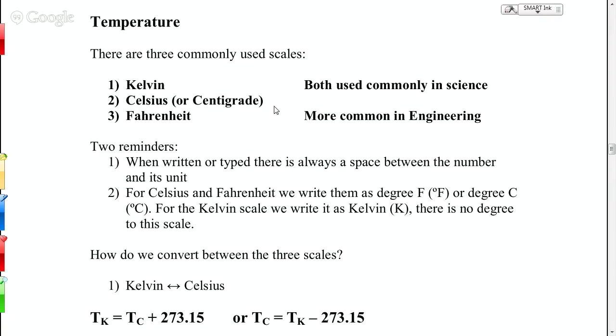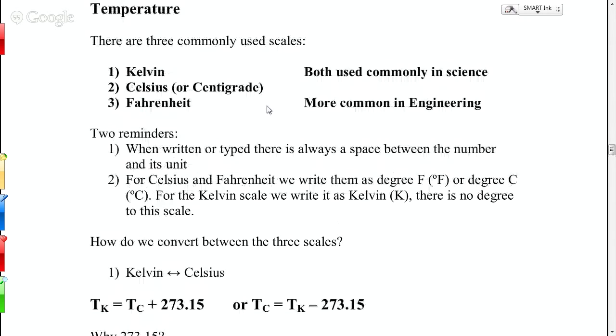In our normal life, we mostly use Celsius and Fahrenheit. Fahrenheit, of course, is what temperatures are reported in the news and what we use kind of popularly. When we say it's 80 degrees outside, we're talking about Fahrenheit. And then Celsius is what we use more in the lab, and other countries around the world tend to use, because it is that 0 to 100 scale, fits pretty nicely. So what's the boiling point of water in Celsius? Boiling point of water in Celsius is